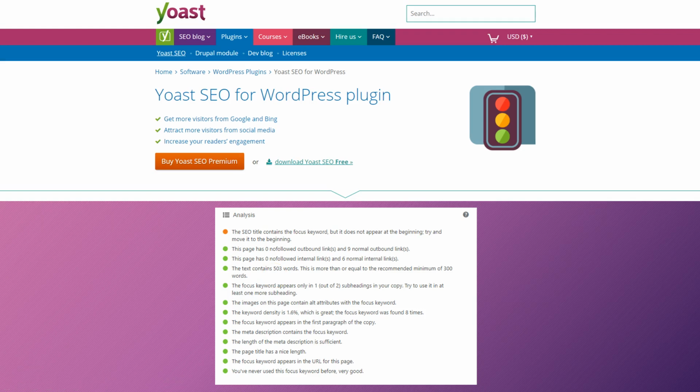It's not going to be a big issue, but you want to make sure you have as many greens as possible. If you have red, that means you either have too many keywords or you're not following through with the guidelines here for optimizing your content. But Yoast is the standard. It is the one I highly recommend that you get.